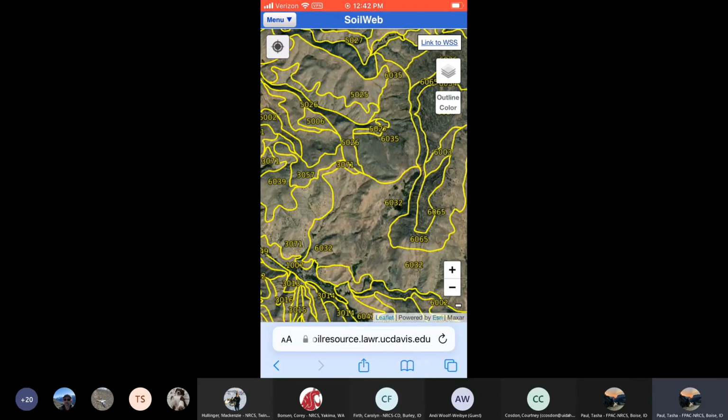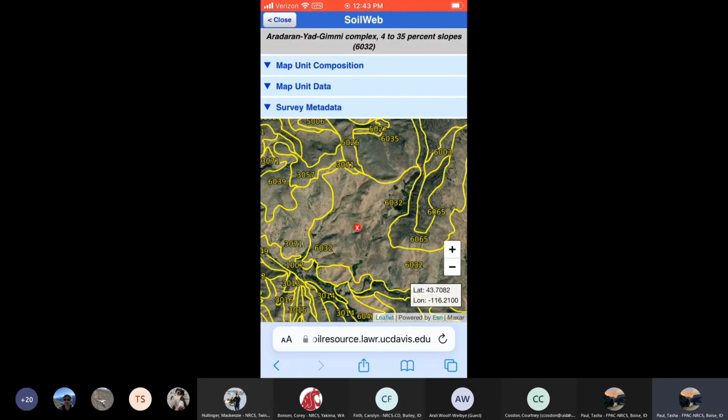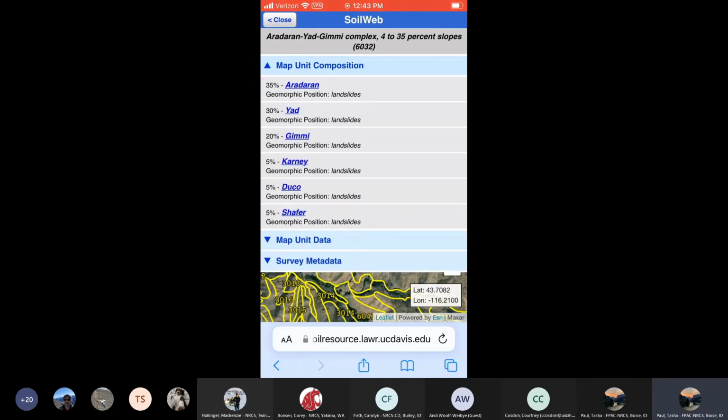So once you're at your location on the screen, I'm just going to use this random spot that's pulled up here. You can click inside a single map unit for the map unit composition. So I'll click on map unit 6032 in the center there. Click the drop-down arrow for map unit composition, and you see this one has 3 major components and 3 minor